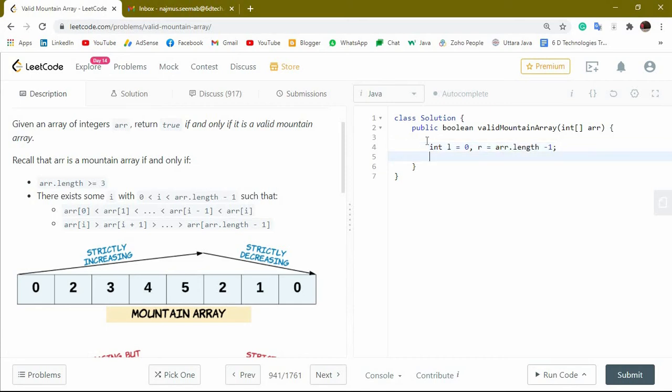What will our first condition be? If arr.length is less than 3, simply return false. We don't want to proceed, because if the array length is less than 3, doing any calculation is a waste of time. If the array length is greater than 3, then we will loop over it and check. First of all, while L is less than arr.length